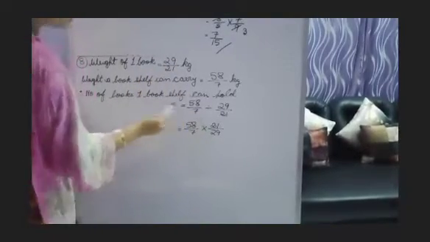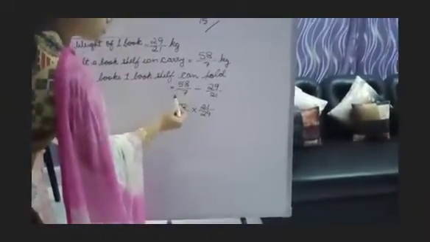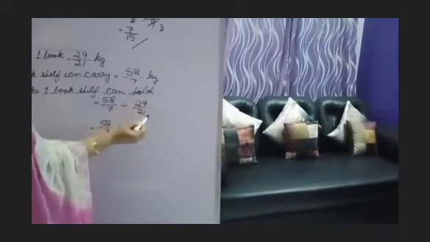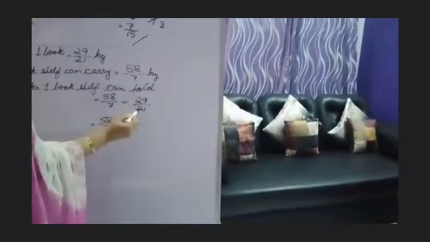What is the weight of each book? So we just do the division now. The rule: 58 by 7, this is the first fraction, this is the division, this is the second fraction. When we do the division, we know the rule. This division will change into multiplication, and for the second fraction we will find the reciprocal. You know the reciprocal: the numerator becomes the denominator and the denominator becomes the numerator.